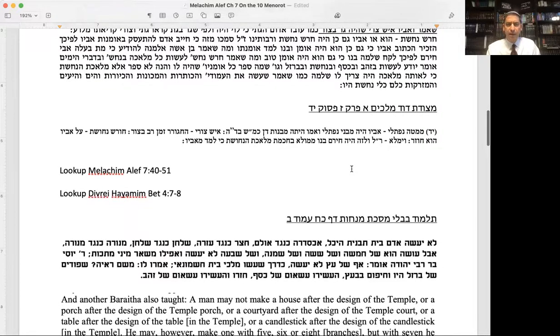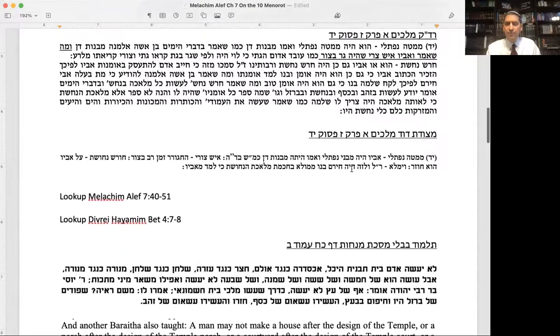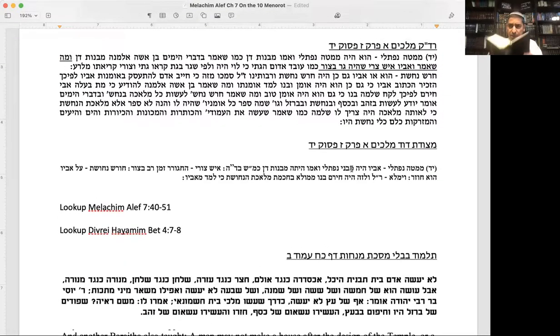Okay. Now, if we look up the story now, staying in Melachim Alef, let's go to the next slide, if you will. You look up in your Tanakh, the next section of Melachim Alef, chapter 7. This is what we read as the Haftorah. The Haftorah goes from Pasuk Mem, page 413, and that's why I gave you the whole excursus about Hiram, because